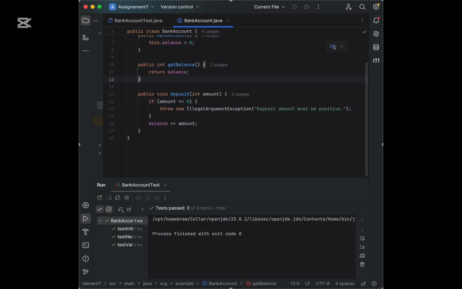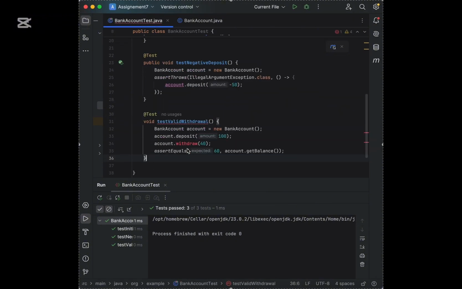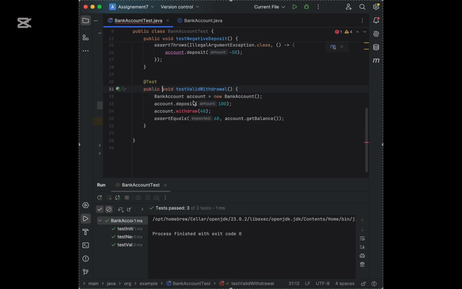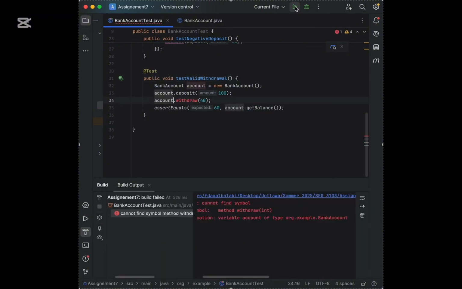Now let's move to the first TDD cycle, which is test valid withdrawal. So let's add it here, the test case. Okay. So it tries to deposit 100 and withdraw 400 and get the balance. So when we run it, it will fail because the withdraw does not have any